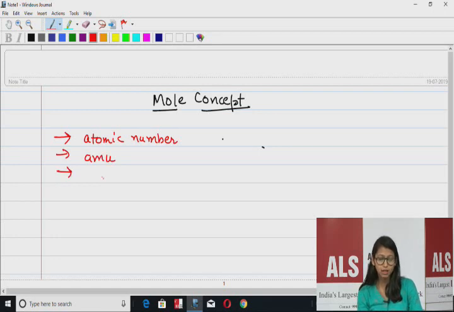We have discussed the moles, and there were two formulas for the moles. I'm going to write those two formulas if you people remember them. The mole is equal to, when a mass of any particular element is given,